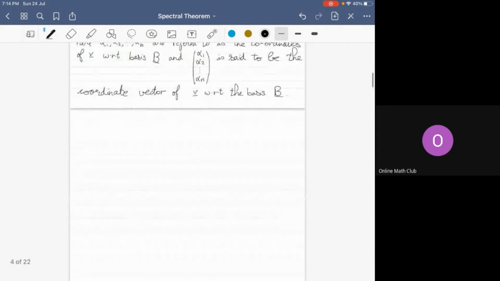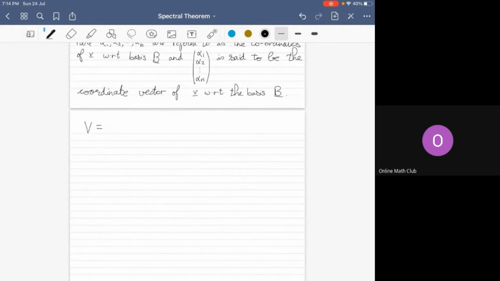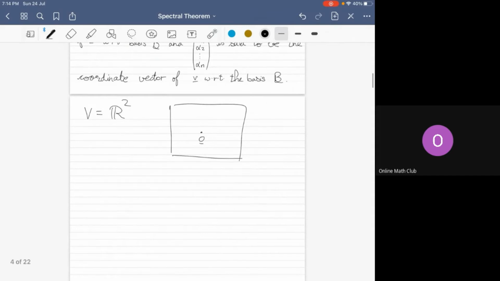So suppose you have a vector space V, and for the sake of examples, let's consider the vector space R square. So this has an origin. What we mean by coordinatizing this space is we just choose a basis. So picking a basis of R square, let's say, coordinatizes it in the natural way,